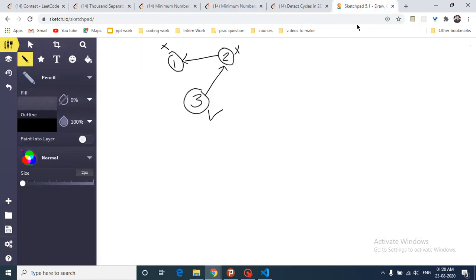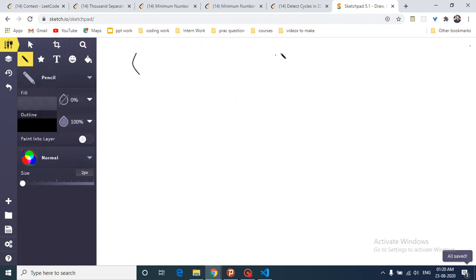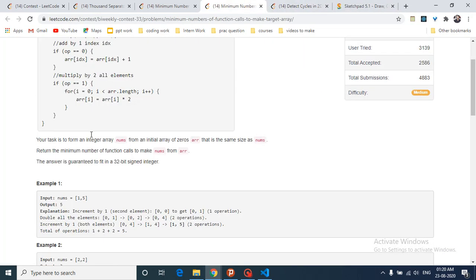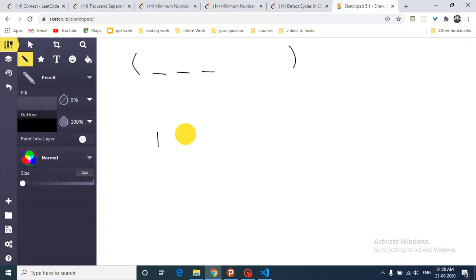Now, as you can see, at every point you have to multiply the whole array. So let's assume that there are some values. We can use this example only, which is 1 and 5. Now what you can observe here is you can either go from 0, 0 to this configuration, or you can go from this configuration to 0, 0. They are both the same. So let's start, because we are given this, we can easily go to this configuration.